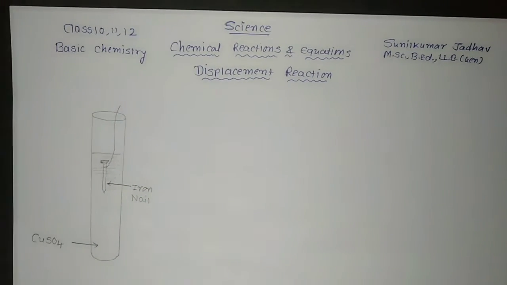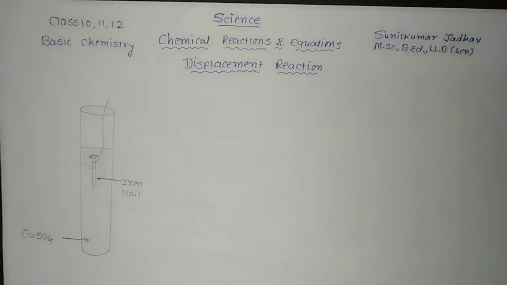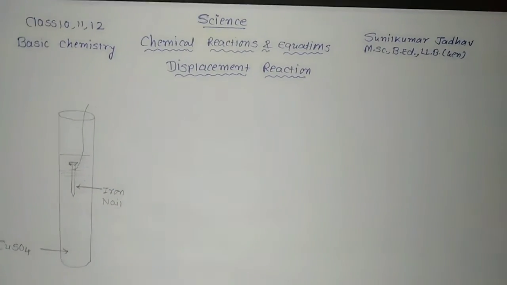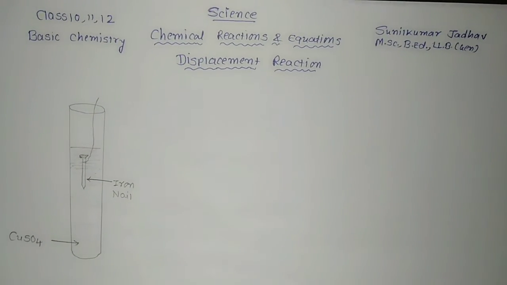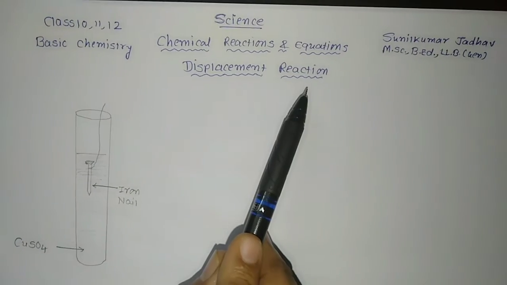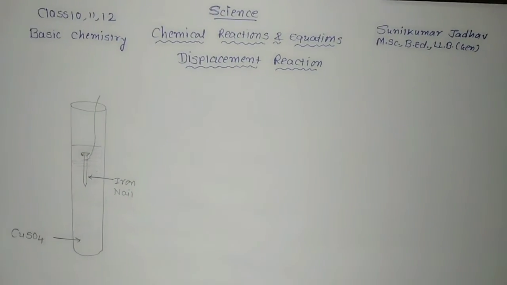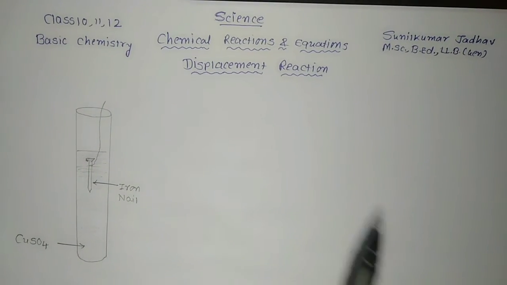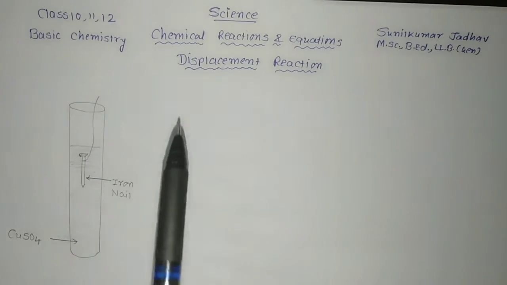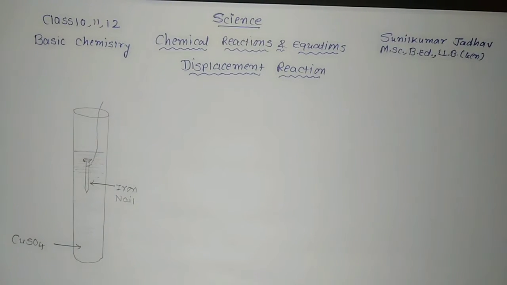Welcome back to my channel Chemical Reaction and Equation, in which we are going to learn about displacement reaction. In earlier videos, we have seen the combination reaction and decomposition reaction. This is the third part of the chemical reaction, that is displacement reaction. This is basic chemistry for standard 10th, 11 and 12. Mainly in NCERT textbook standard 10 chapter number 1 it is given. So it is the basic thing about the chemistry displacement reaction. So let us begin with the displacement reaction.